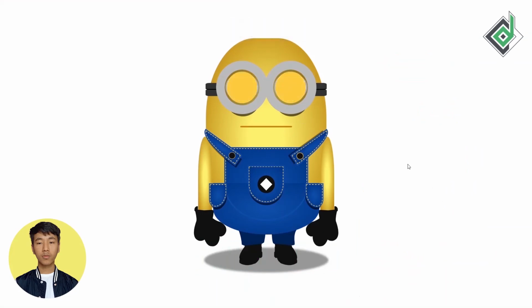As you can see, when I take my mouse to the minion, it gives a kind of minion that is talking to you, okay. And also after adding that blinking eye effect, doesn't it look cute? Let me know in the comment box how many of you think it's a cute animation. So as you can see, with the help of that radial gradient color and that small details, I'm adding that extra 3D effect.